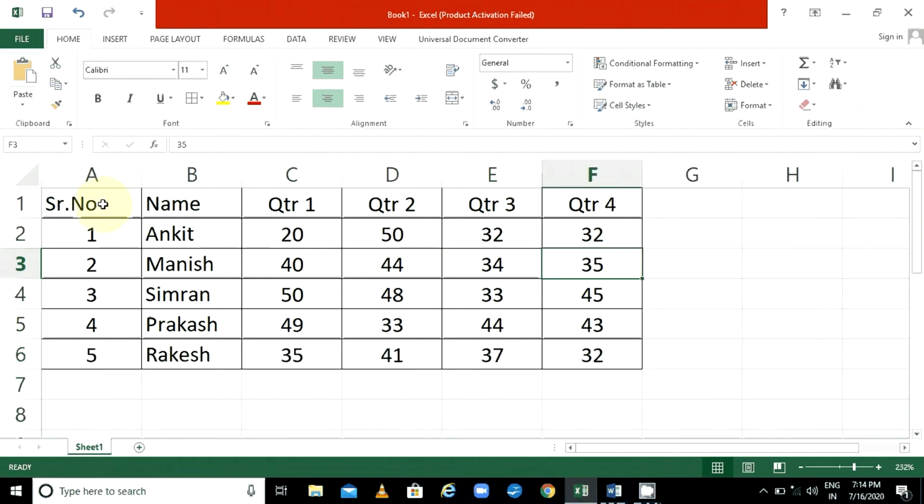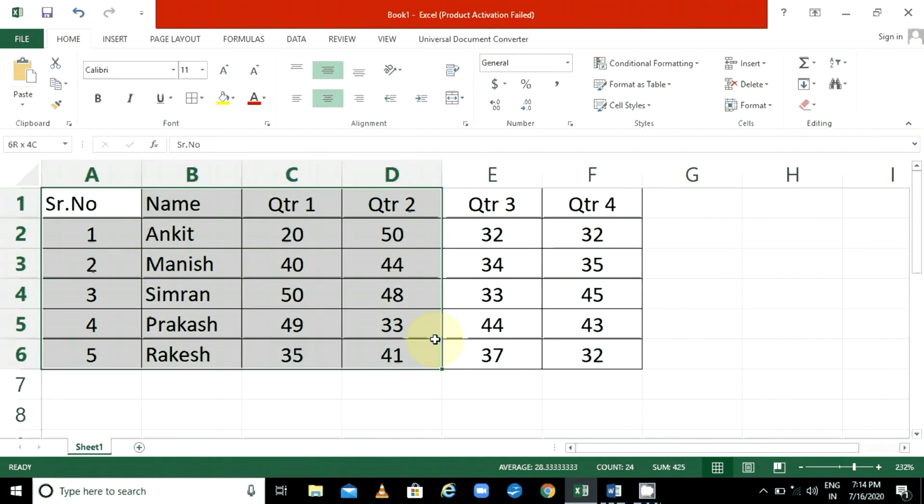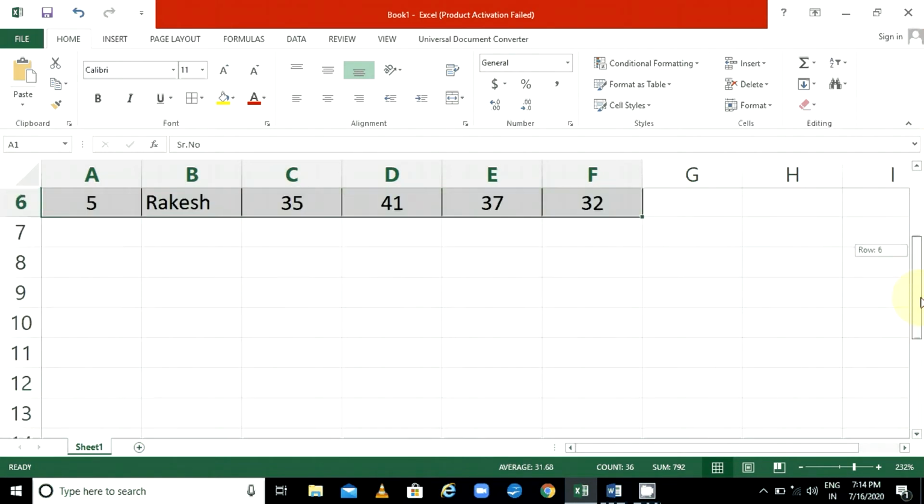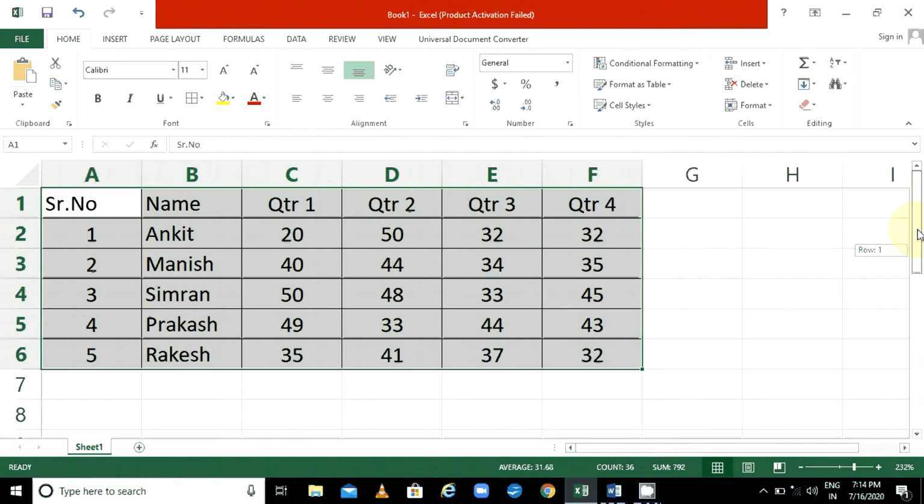First of all, whenever we have anything in a picture, that will be clear to us. We can understand by looking at a picture more than the textual data. Here this data is there. If you have large values or more data, then it is not understandable while looking at the data. But if you have data and you want to change something or do something, you can do it with formula.